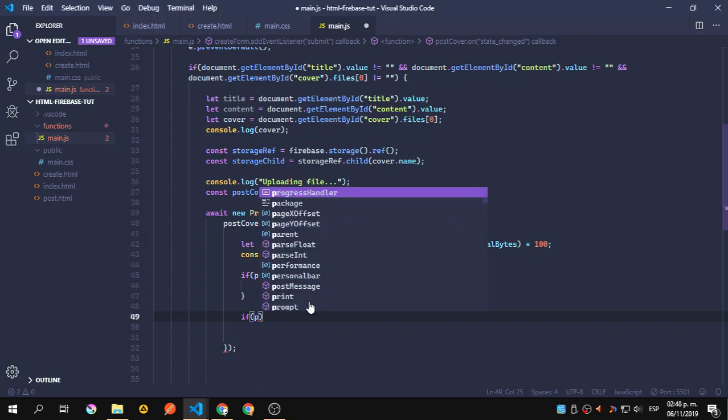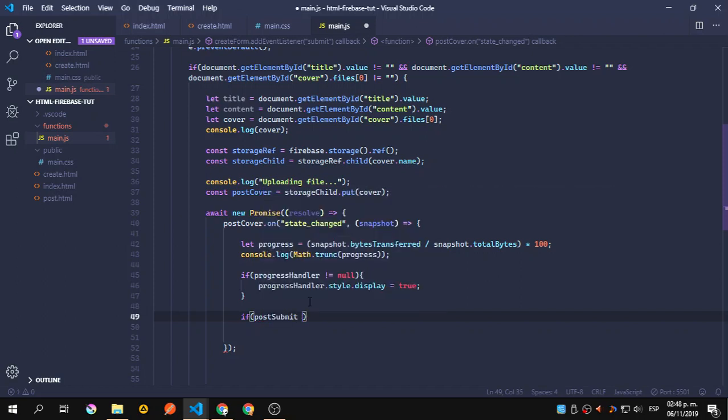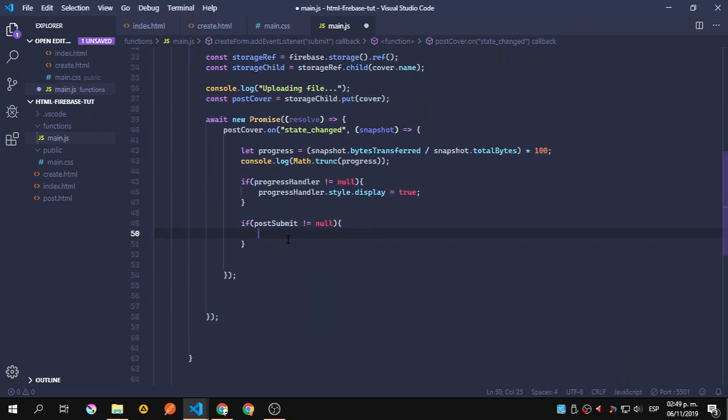If post submit, as I show you, we need to disable this for the user to not click that again and send another request. If he or she does that, it is going to create multiple posts with the same information, and that is going to consume resources in our database, so we don't want that. So post submit